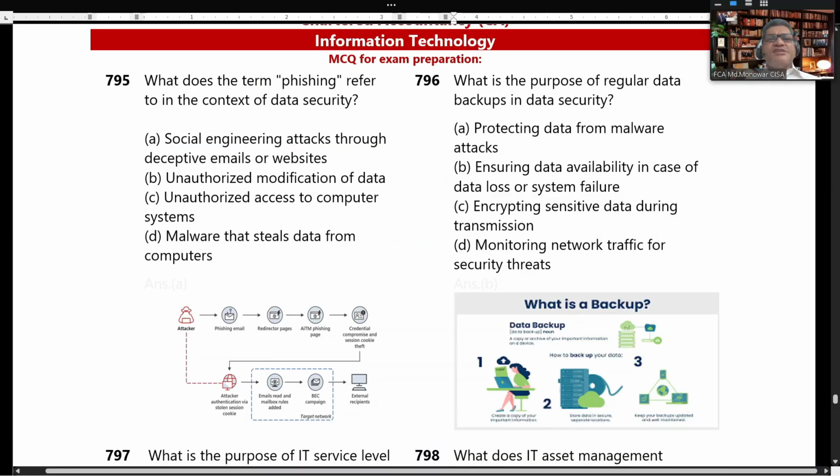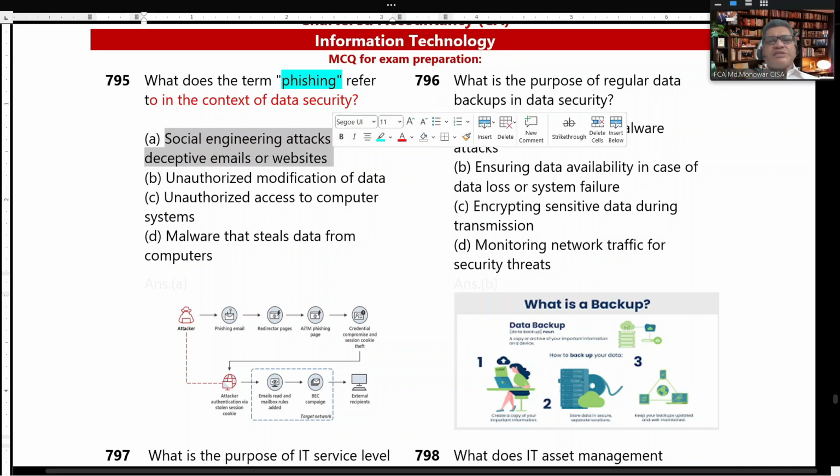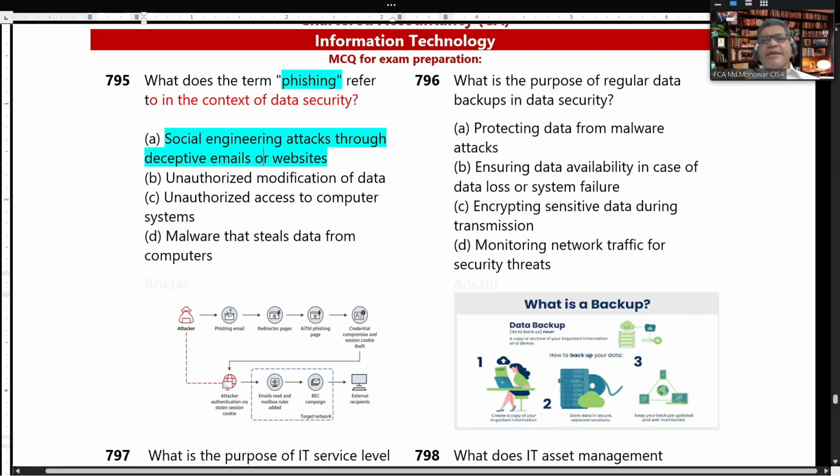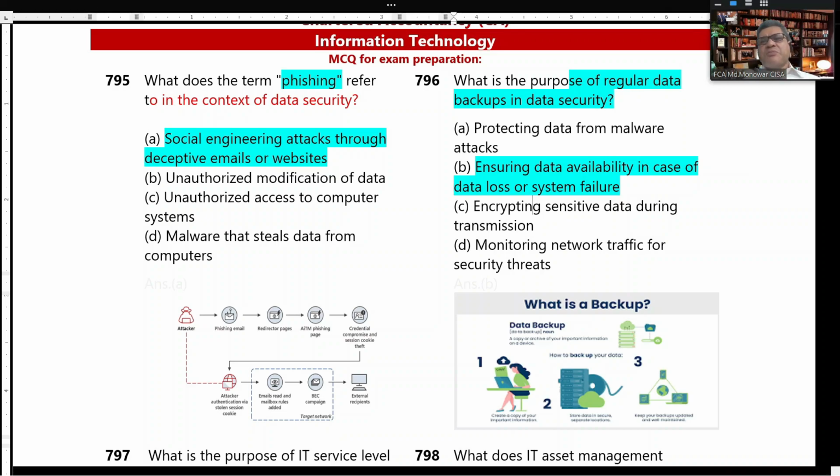What does the term phishing refer to in the context of data security? It is a social engineering attack through deceptive emails or websites. What is the purpose of regular data backup in data security? The purpose of regular data backup is to ensure data availability in case of data loss or system failure. Data loss অথবা system fail হলে আমি যেন ডাটাটা পেতে পারি এই জন্য সবসময় ব্যাকআপ রাখা।